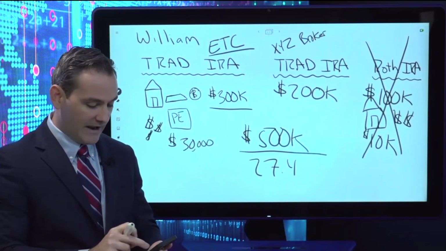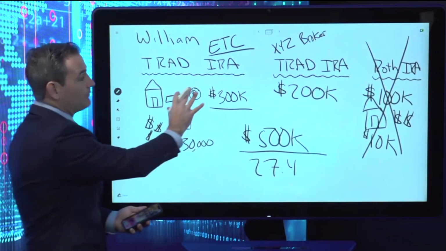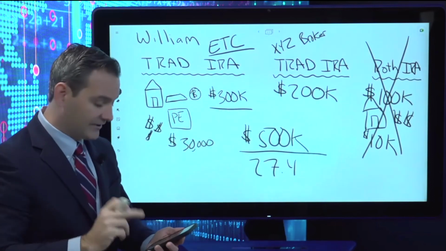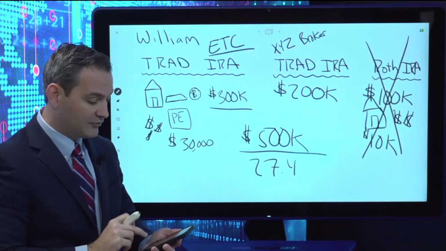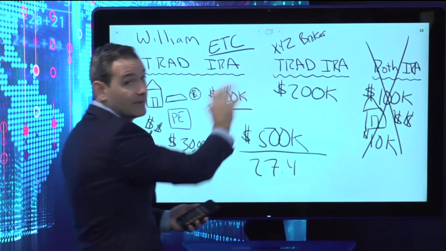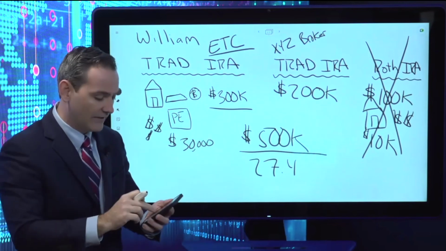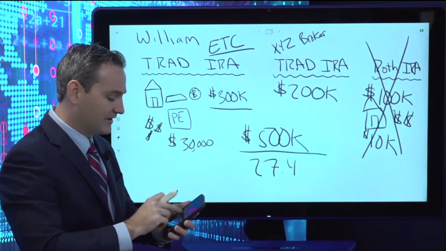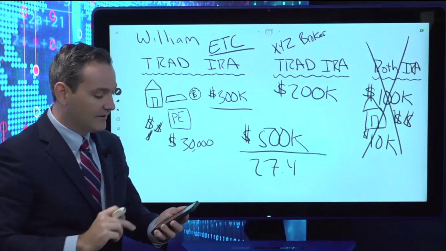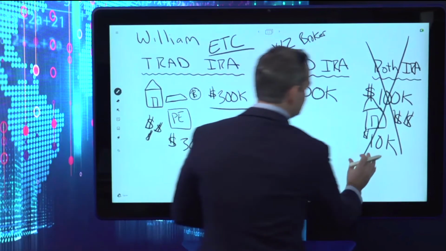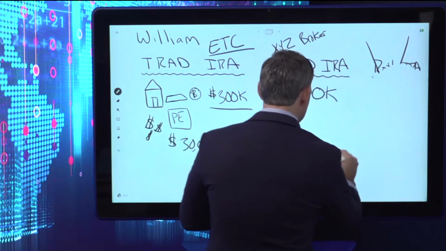And while we're doing that, remember, we combined both of these accounts together. And that's going to be very important. I'm going to explain why I am doing that, and I'm not calculating them separately. Could I calculate them separately? Of course I could. The math is going to work out the same, but I'm calculating them together for a very specific reason. So 500,000 divided by 27.4 is going to give me